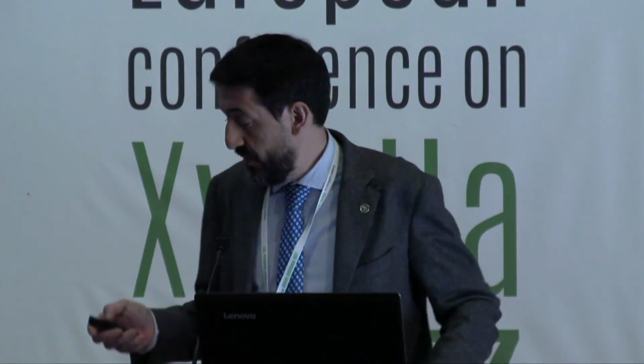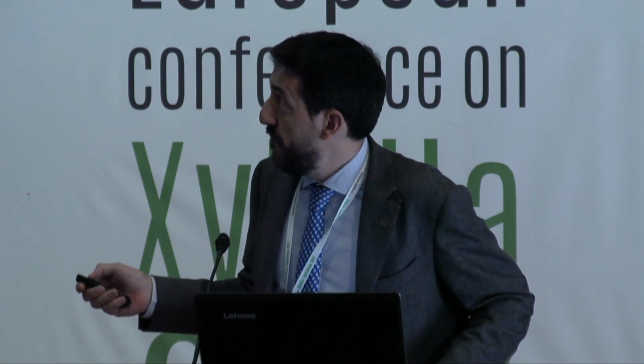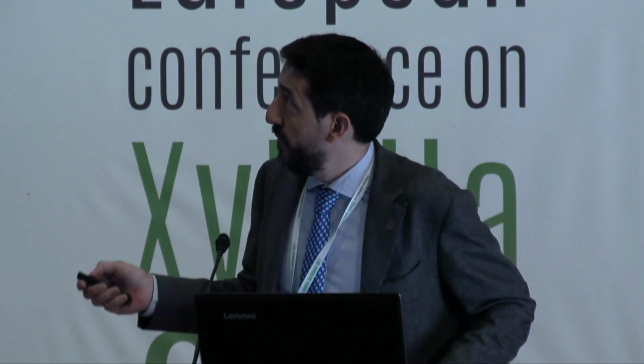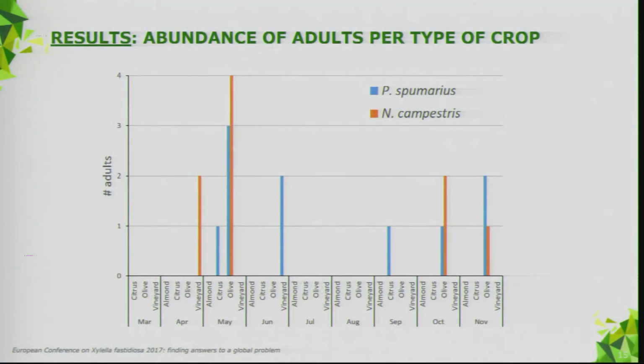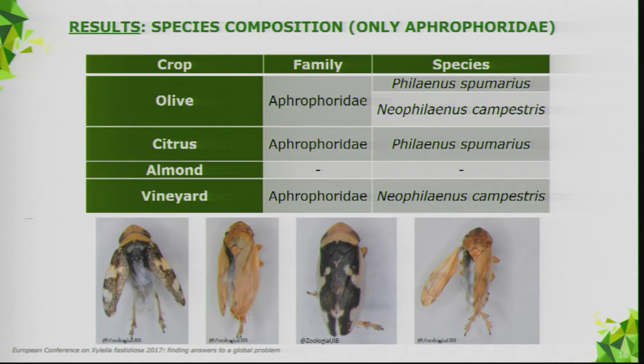Okay, in regards to the cycle, we found basically May with a peak of abundance, as you see in olives, but very low adults, and also now in October, November, but no adults in July and August in any of the orchards. In regards to the species, we confirmed the 3 species that were already published in the EFSA report: Philaenus, Neophilaenus